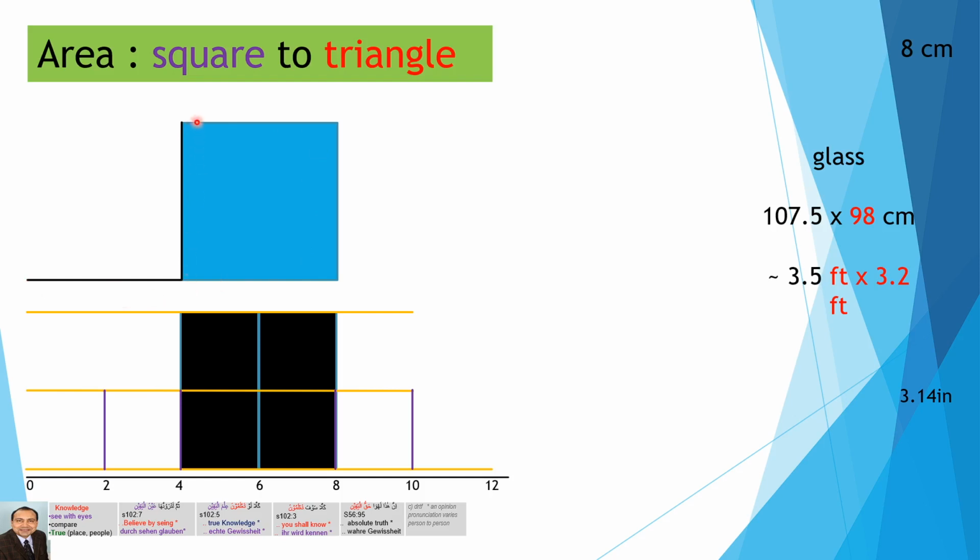One side, the other side. So if you fold at these corners, then you will get this green triangle. Triangle means it has 3 corners and 3 angles. 1, 2, 3.